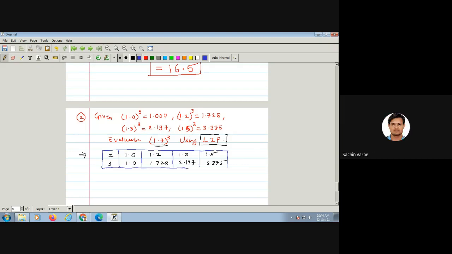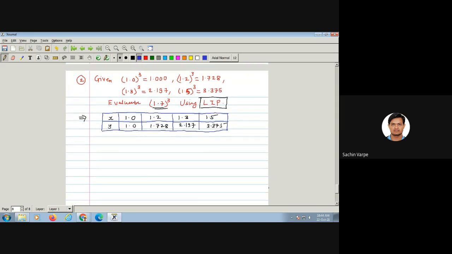Yes, sir. So in general, when such a question is asked in a computer examination, you can directly get this value with the help of that function y equal to x cube. But you should know how we find the required value with the help of Lagrange's interpolating polynomial. So such questions will be asked in the theory examination. So with the help of Lagrange's interpolating polynomial, we find the value of this 1.7 cube. Right. So first of all, we write the Lagrange's interpolating polynomial.